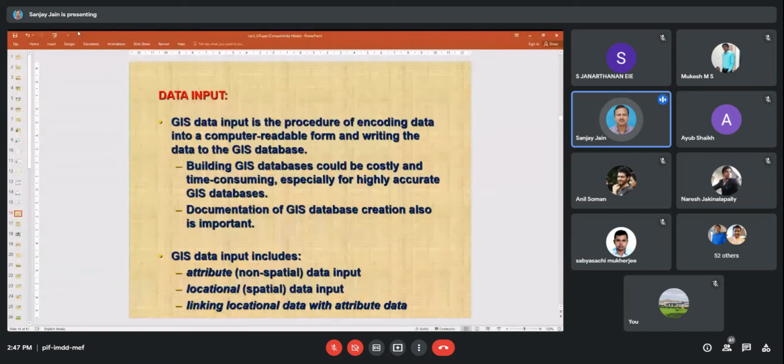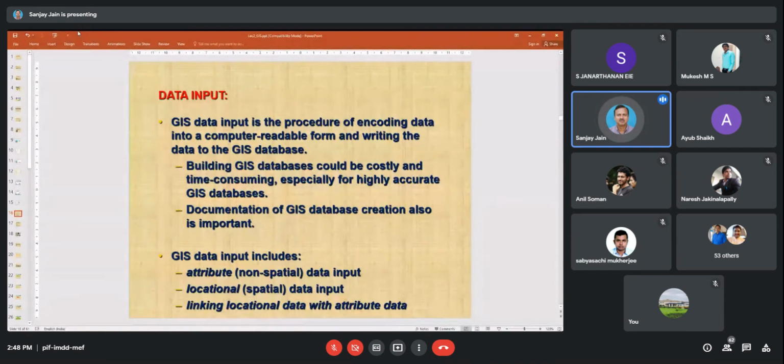All the data we had to create ourselves. So at that time we were giving more and more time to data input in comparison to analysis and modeling. But nowadays we can save some time because that data is available freely.